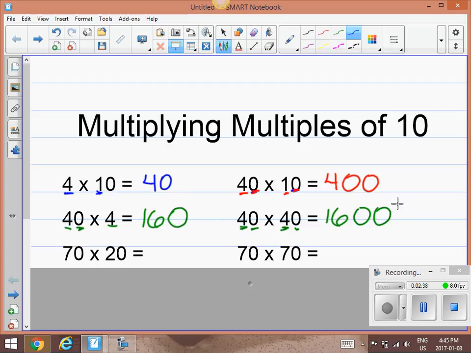Let's go to 70 times 20. So 7 times 2, or another way we say that is 7 doubled, is 14. 1 0, 2 zeros, add them, 1,400. 7 times 7, 1 0, 2 zeros,